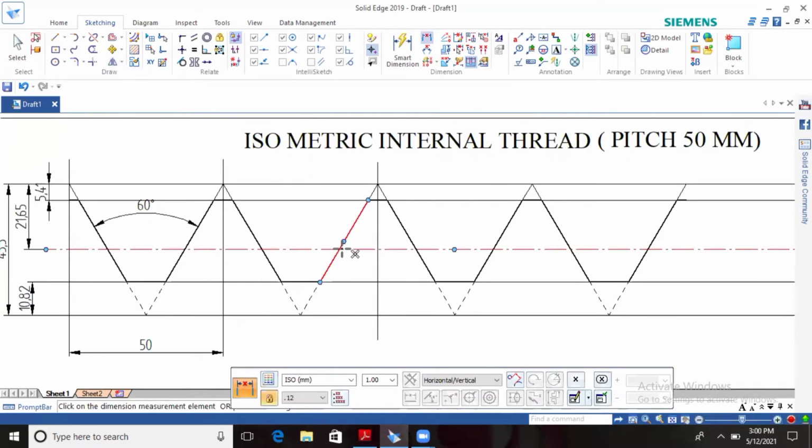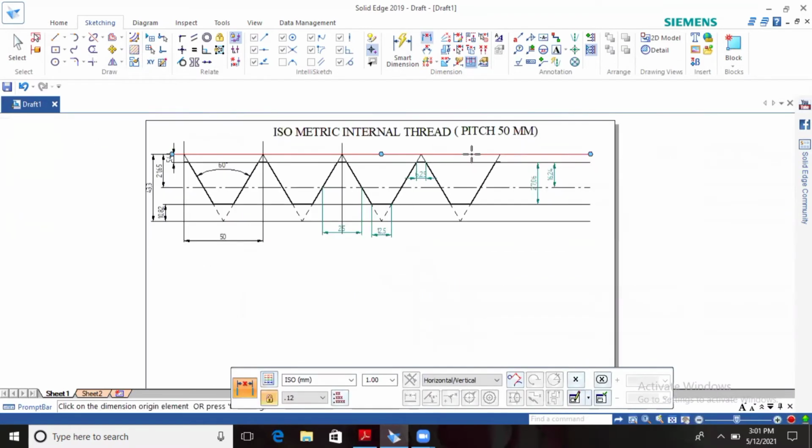After this, from the axis line give the dimension of p by 2, that is pitch by 2, the width of the root teeth and width of the crest teeth, and the distance between the crest and the root and between the crest and the center axis. At minimum, these dimensions should be shown.